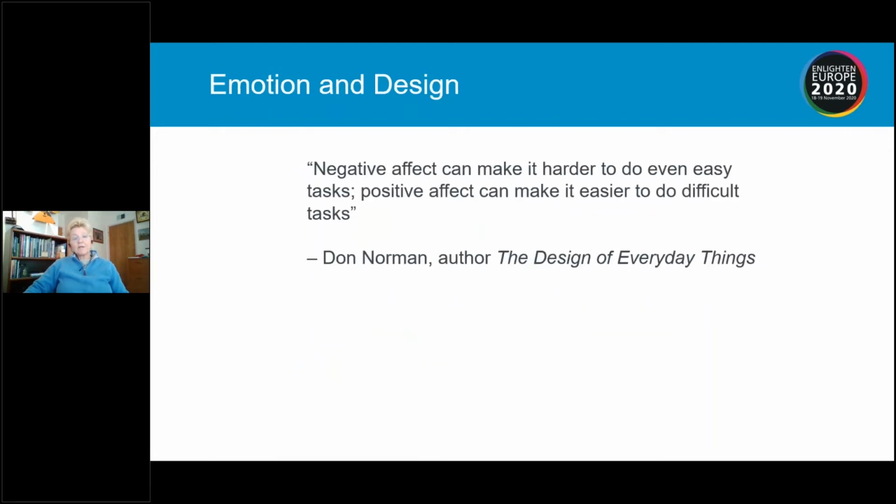A negative effect can make it harder to do easy tasks. And obviously, the reverse is true. The positive effect can make it easier to do difficult tasks. Hindering the user from decision-making by offering too many choices can cause negative emotions like frustration. Let's make it easier for the user to move through the flow you've designed by aiding them to understand the functionality you're trying to achieve at every touch point. And at any touch point, the user lays eyes on the interface you have chosen for them.